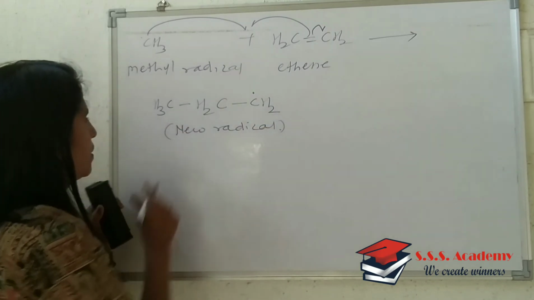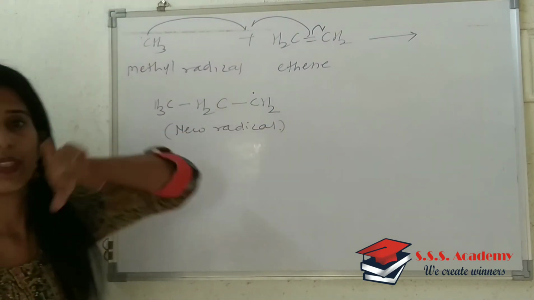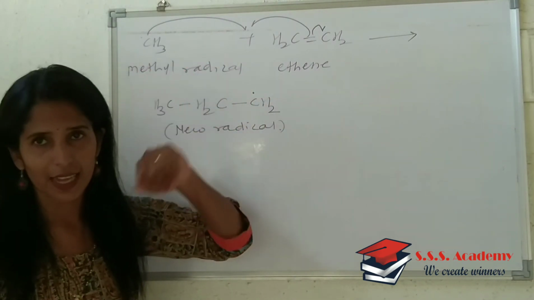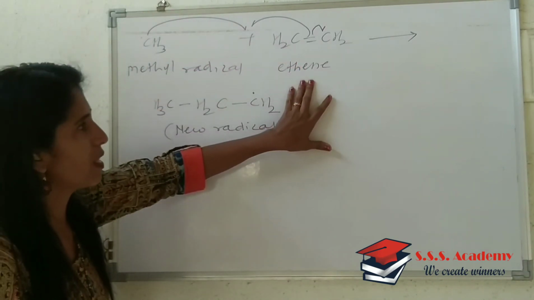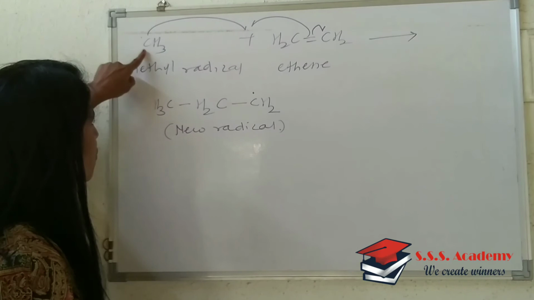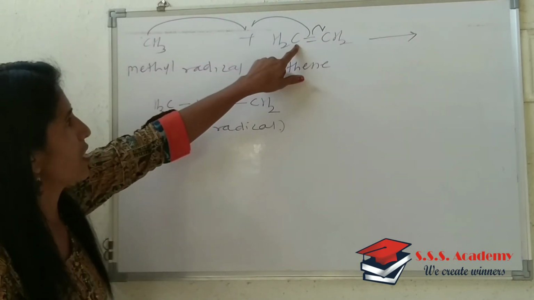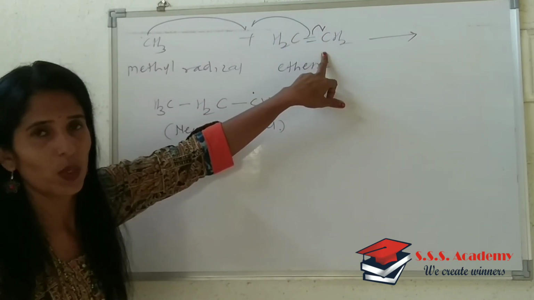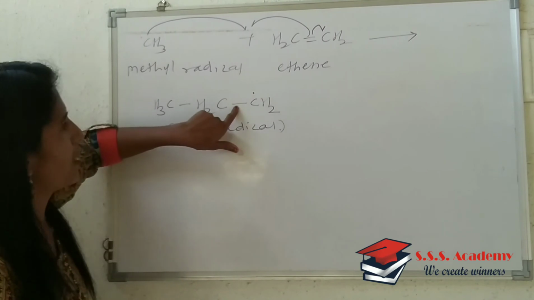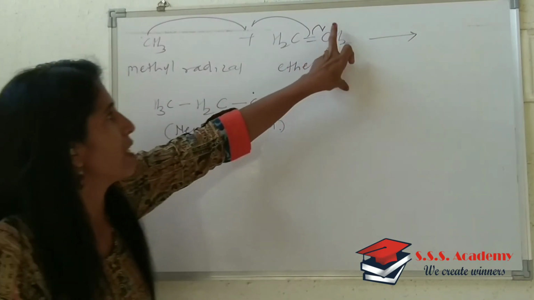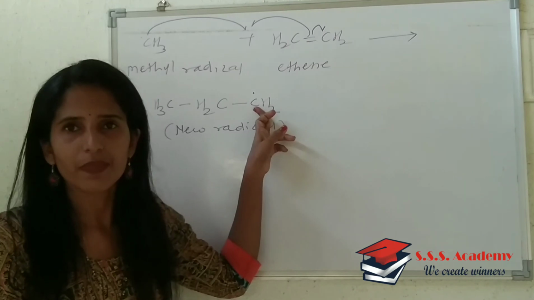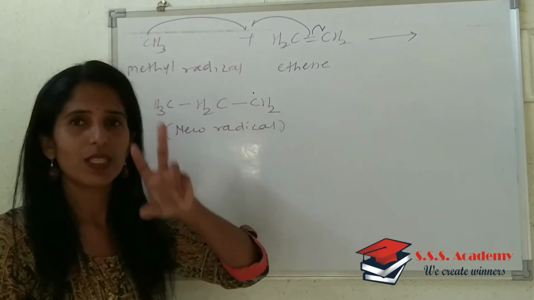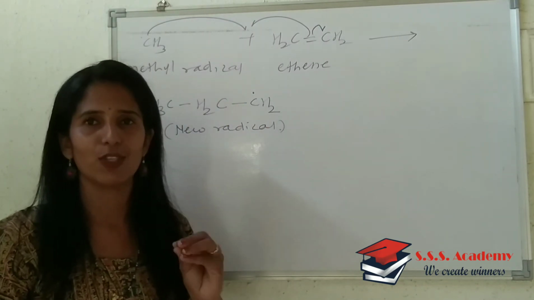Is it clear? See, once there is a formation of methyl radical in initiation, it is acting as a catalyst. It reacts with this ethene, the monomeric unit. So this one electron from methyl will react with this CH2 of the double bond involved over there, right? So the one electron present there combines with this CH3 and it results in the formation of a single bond, and there is one electron present on the CH2. Is it clear? So from that methyl radical it generates a new radical. So these are the two steps involved in chain initiation, that is step 1.